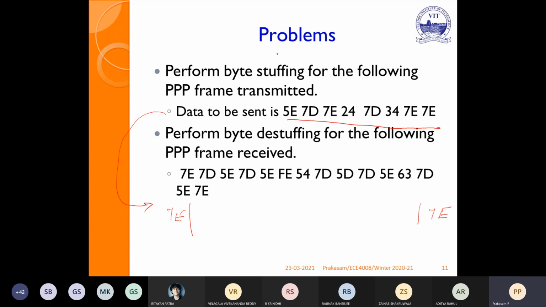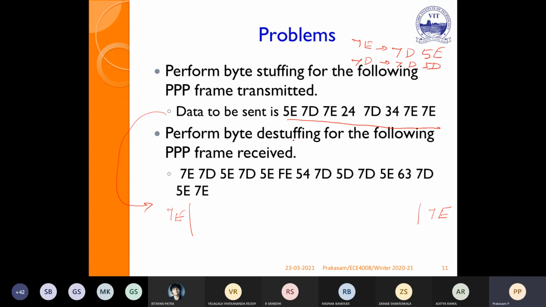Kindly remember, in the information, if 7E is coming, replace that with 7D 5E. If 7D is coming, replace that with 7D 5D. Very simple: XOR 20X with 7E, you will get 5E, then XOR 20X with 7D, you will get 5D. You can cross check.